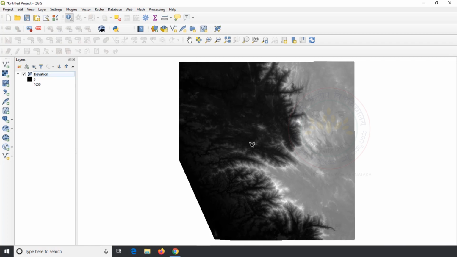For this exercise, I create a new polygon in the name of area of interest and I save it in my folder.